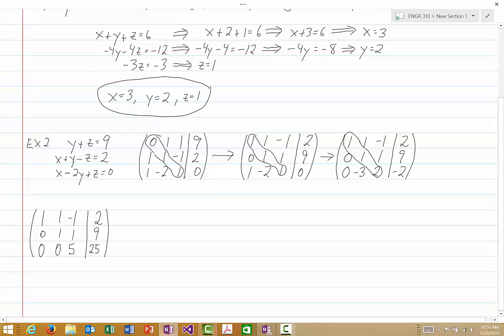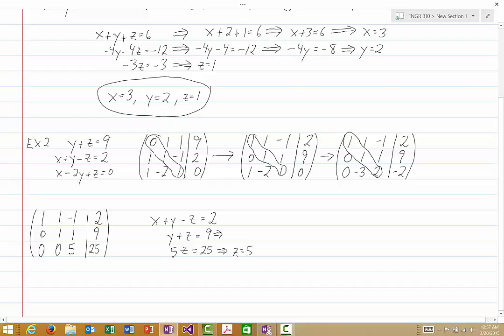And now we have eliminated all the non-zero terms below the main diagonal. So we'll go back to the equations represented by this triangular augmented matrix. We get x plus y minus z is equal to 2. y plus z is equal to 9, and 5z is equal to 25. Of course, the last equation implies that z is equal to 5, and if we then